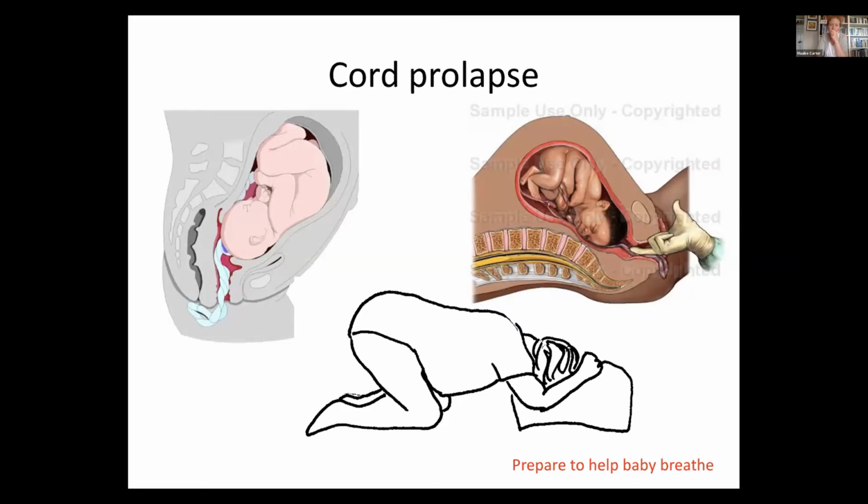So what we want is to get the mother's bottom into the air so that gravity encourages the baby away from the vagina, away from the perineum. And we want to replace the cord into the vagina, and then if necessary, we push the baby's head away from the vagina